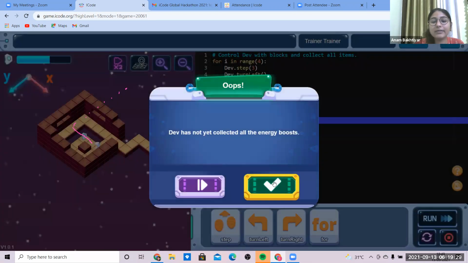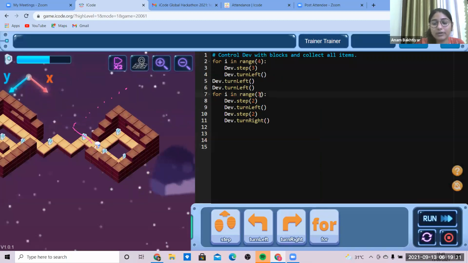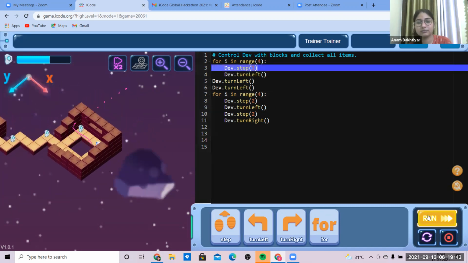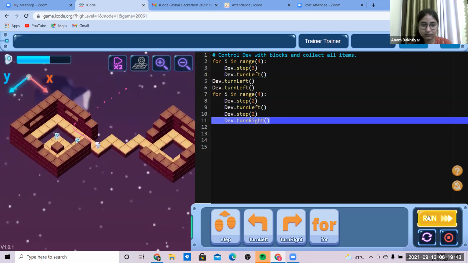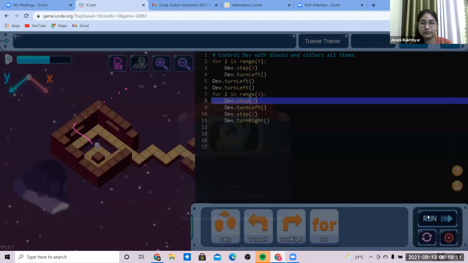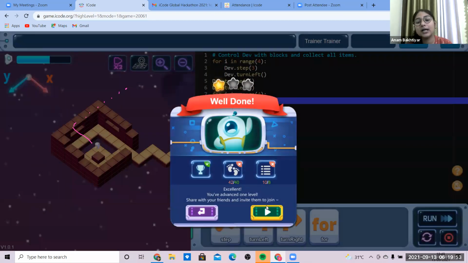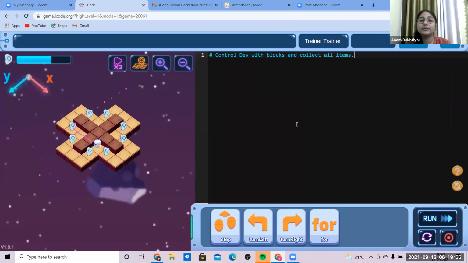So I need to repeat it more times, and that is 4 number of times. So this is how I have to go for it. And we are done. Okay. There is one more thing you can do, which is you can just go for an inside for loop. That will work much better.